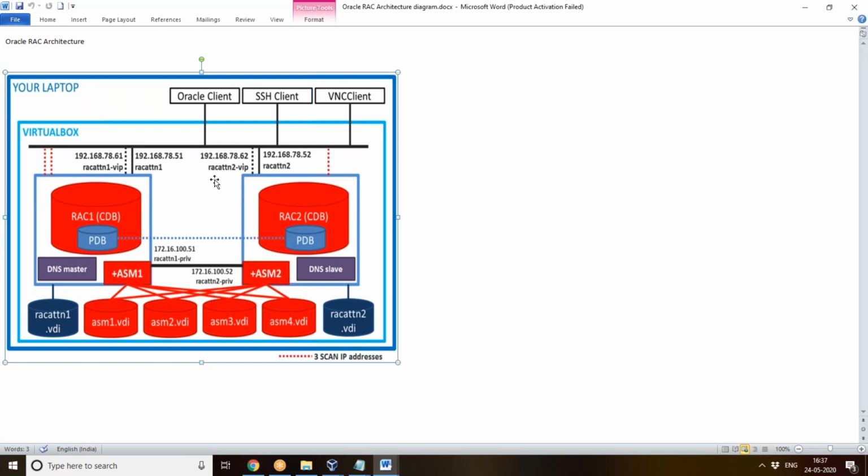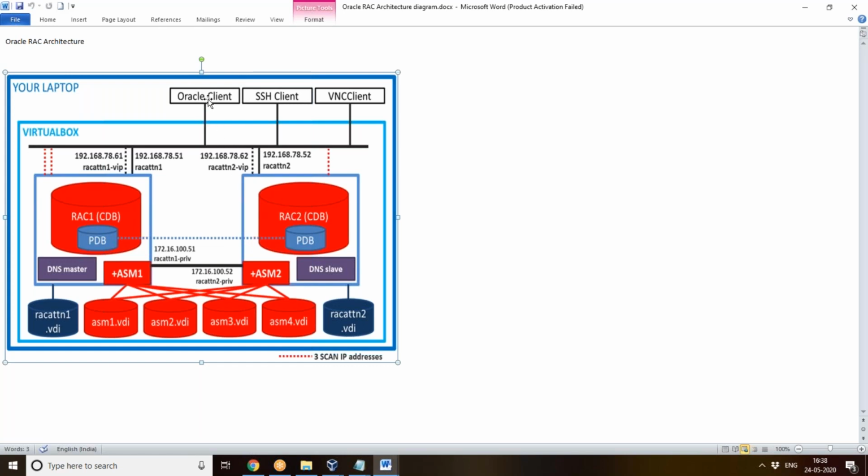Like that, it will redirect. Your SCAN IP works in a round robin process, and it doesn't care how many nodes you have, whether 10 nodes or 20 nodes in your cluster. It will use all those 3 IPs in a round robin method only. So it will redirect these applications directly to the corresponding instance.